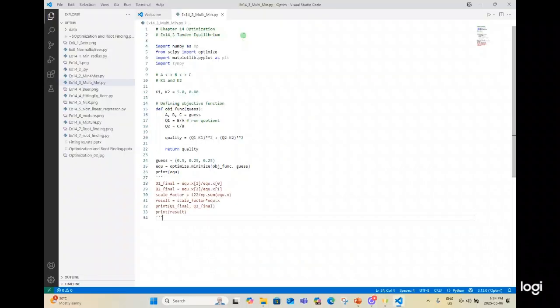Okay, let's run the code in the Visual Studio Code Editor. As always, we start by importing the necessary modules: NumPy, SciPy, and matplotlib.pyplot. Next, we assign values to the constants k1 and k2. We then define a user-defined function,